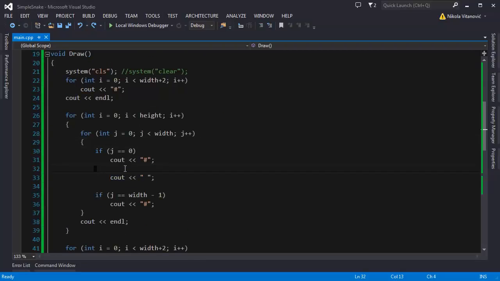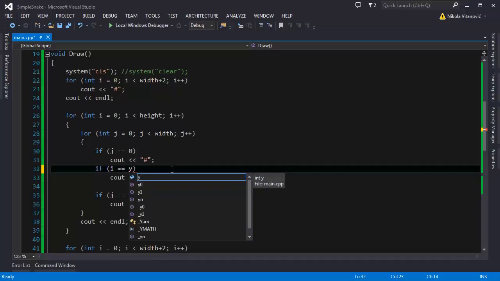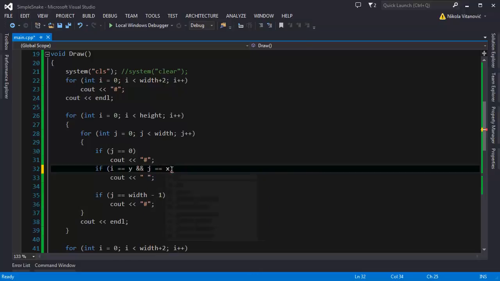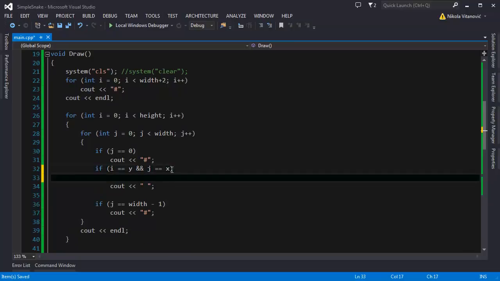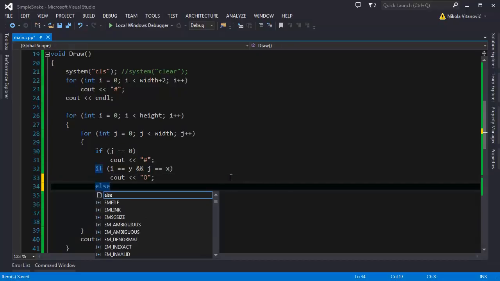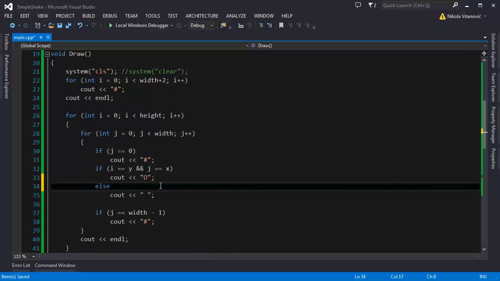So instead of just printing a blank space, we're going to check if the I, that's the height, is equal to the Y coordinate, and the J is equal to the X coordinate. And if that's so, we are going to print the head, and the head will be a big O. Else we're just going to print the space,